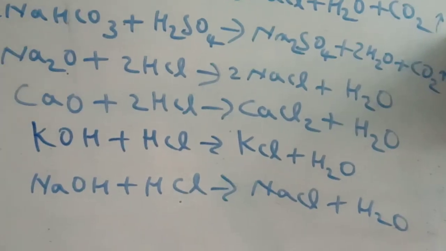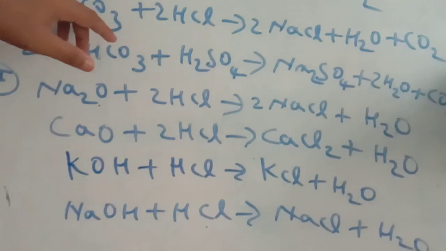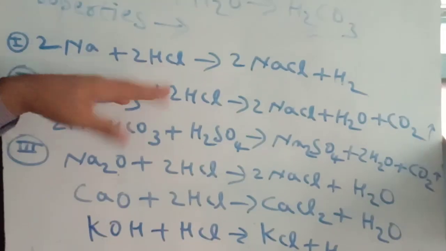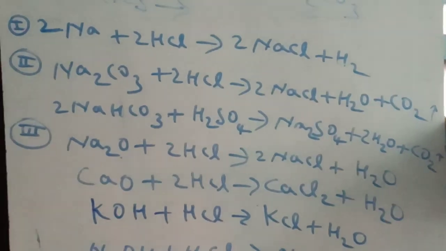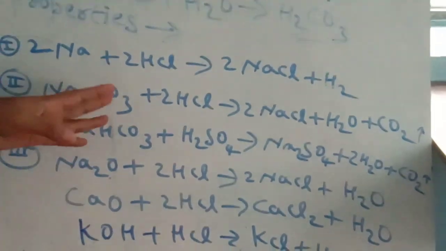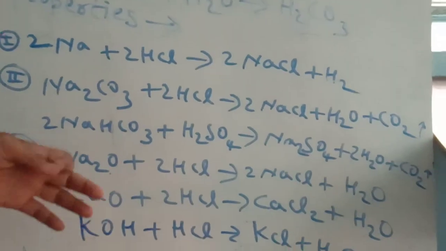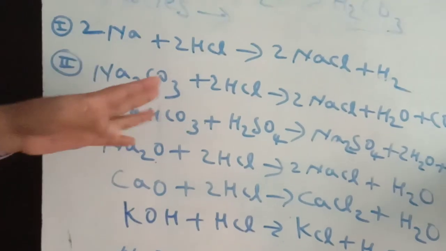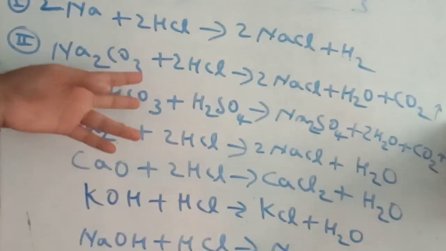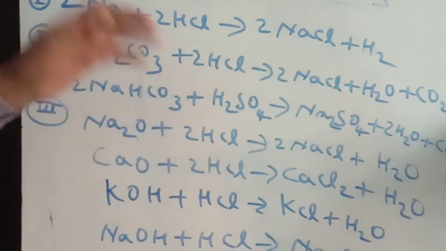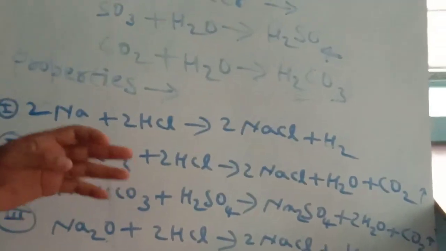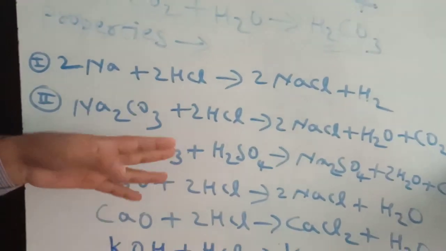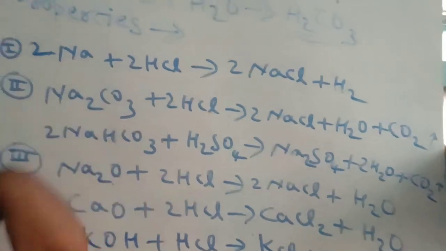Beside it, you know some more properties. The taste of acid is sour. The aqueous solution of acid conducts electricity. The pH value of acid is less than 7. You know the effect on litmus paper: acid turns blue litmus paper to red. Listen again: blue litmus solution, after mixing with acid, turns from blue to red.